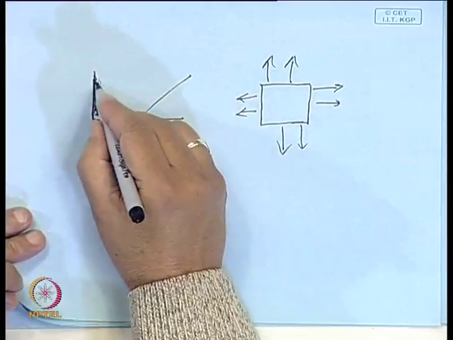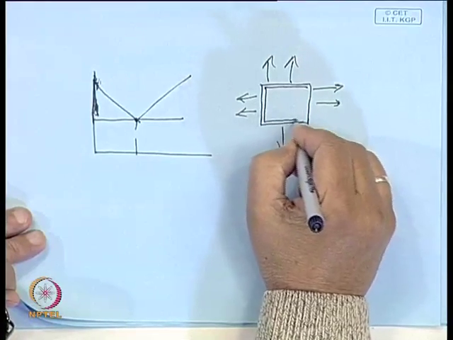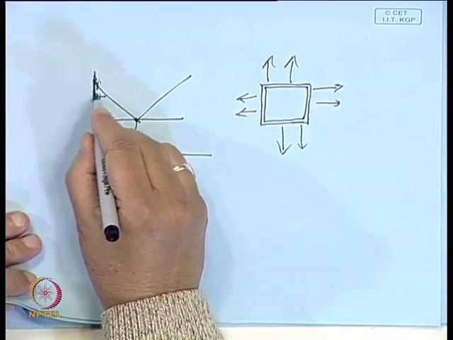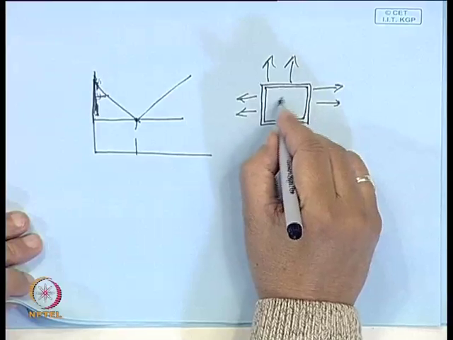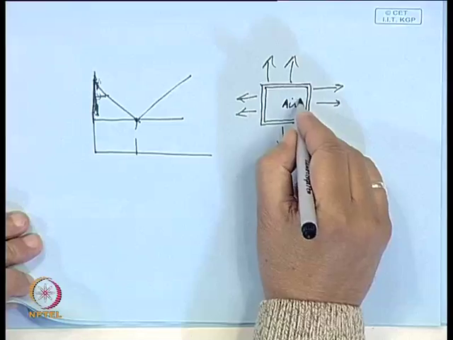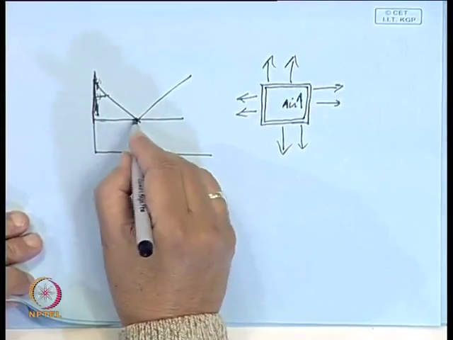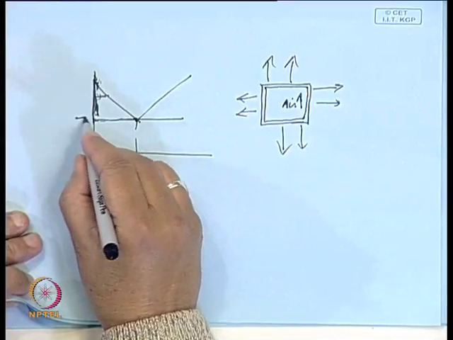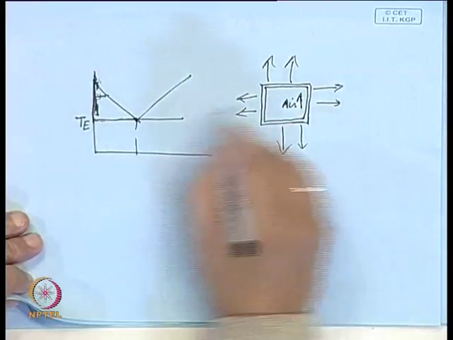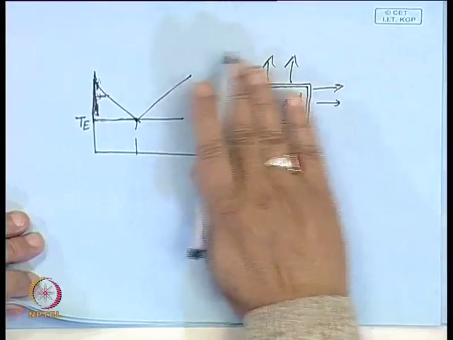In that case, the first layer that forms will be planar ice, and this will go on rejecting the air to the water. So this becomes richer in air, the air concentration increases here, and ultimately when it reaches this particular temperature, the eutectic temperature, both solidify together. That means ice will form, but in the meantime a crust will form on the top of the